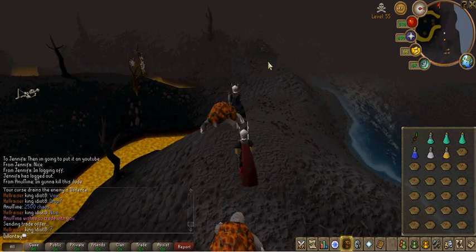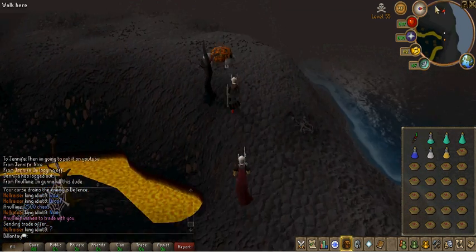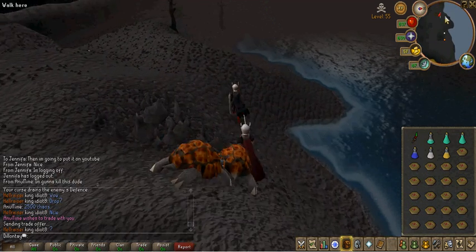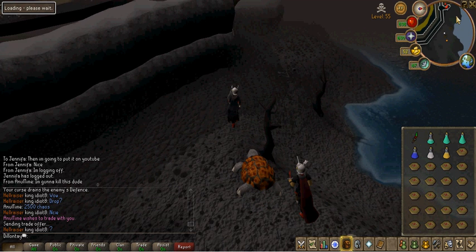Let's see. So this is where we came in. You want to remember that. That's where we came in. And what we're going to do is we're going to continue going west until we get north of the Mage Arena, which is coming up on my left. So when you get to